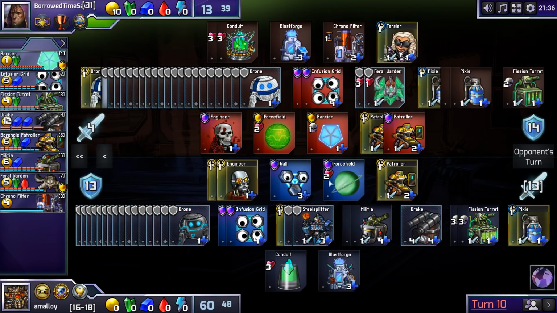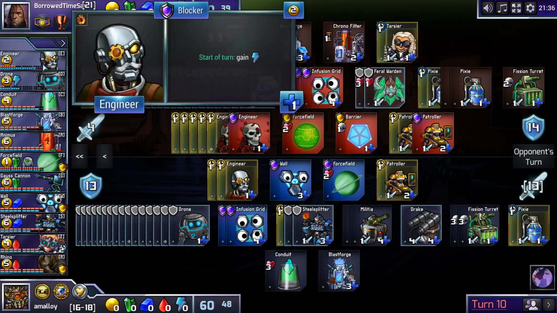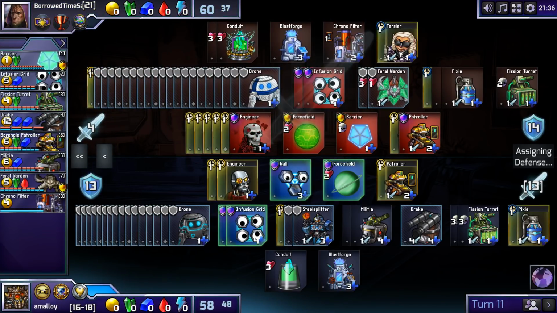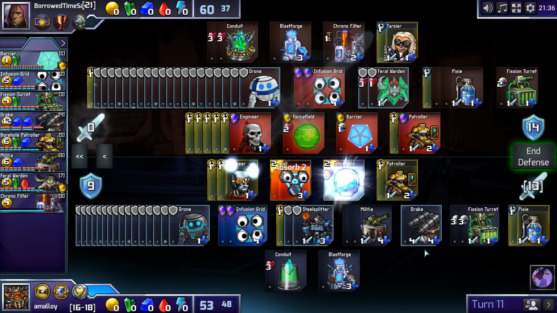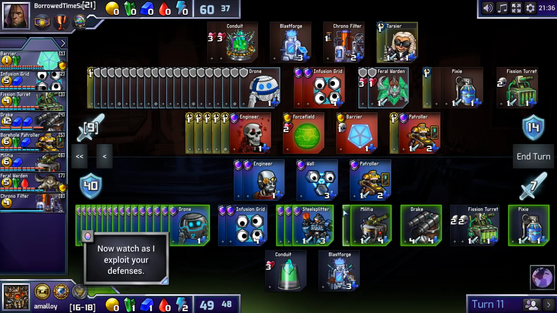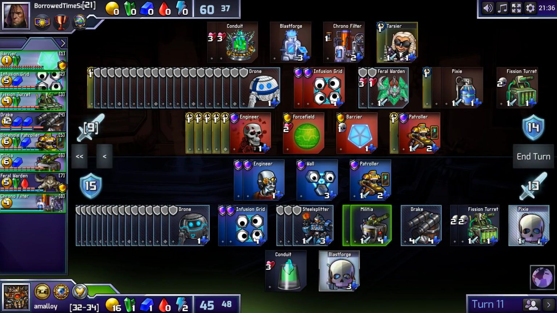How many drones am I down, by the way? 5? Not too bad, considering how much more I'm attacking for. They bought a lot of engineers. Are they trying to... I see. They want to finally buy that Drake, I guess, on their chrono turn, right? We're going to do that. See, full absorb. There we go. Of course, he's exploiting mine, not the reverse, but...